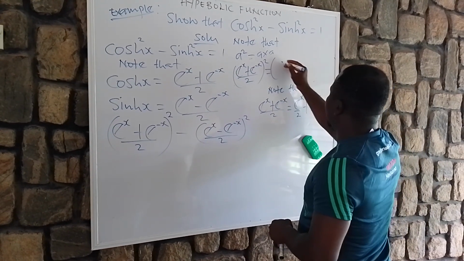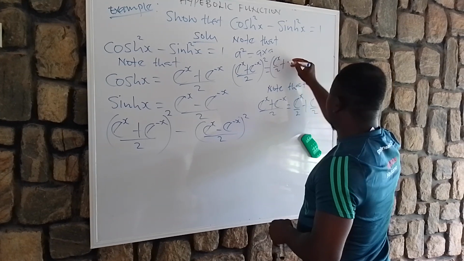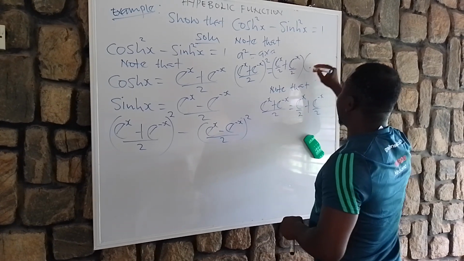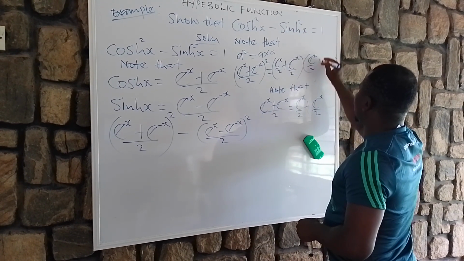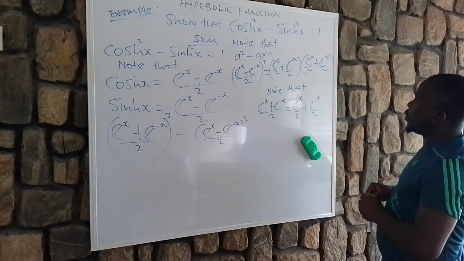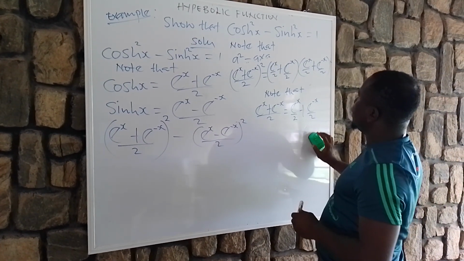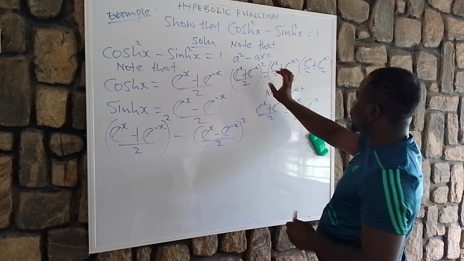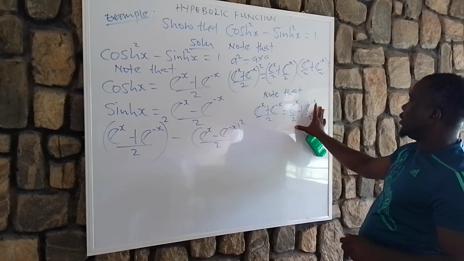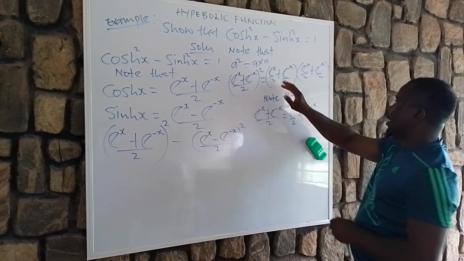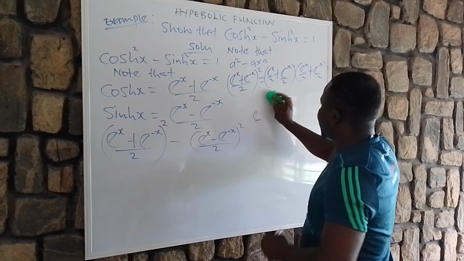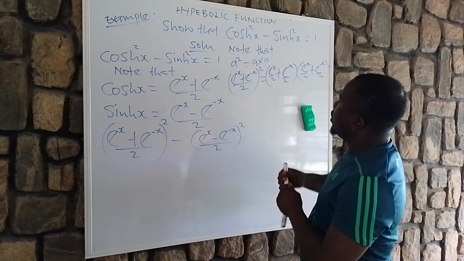This is the same thing as [e^(x/2) + e^(-x/2)] / 2, close bracket, times [e^(x/2) + e^(-x/2)] / 2. Do you agree with me? So it implies that, as it is, this generates this bracket. We try to simplify it this way so that we can multiply out the two brackets. That is the purpose of doing it this way. Please take note. If you agree with me,